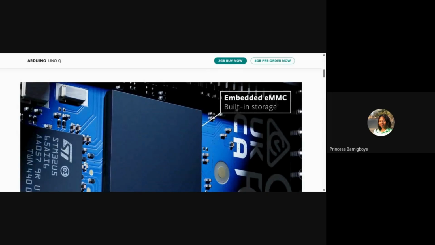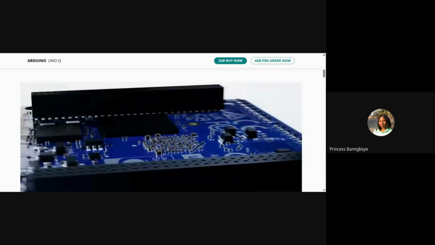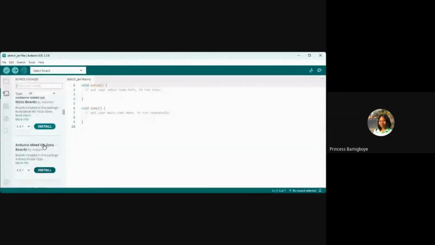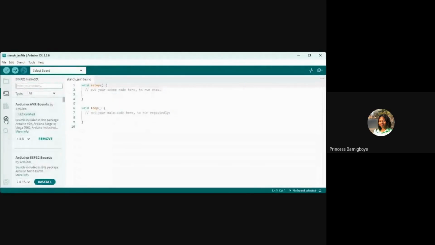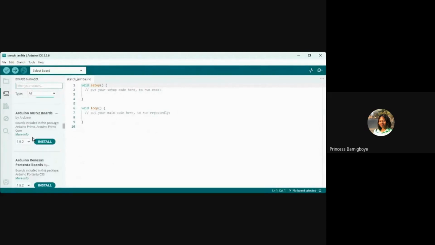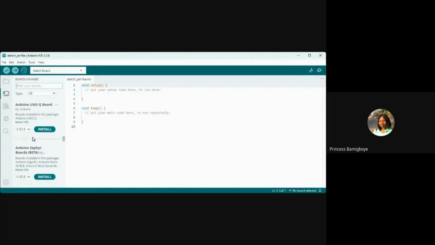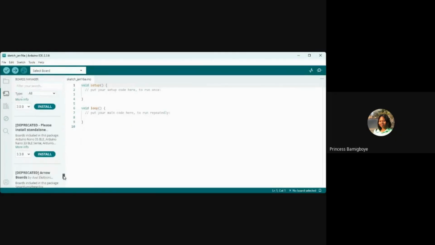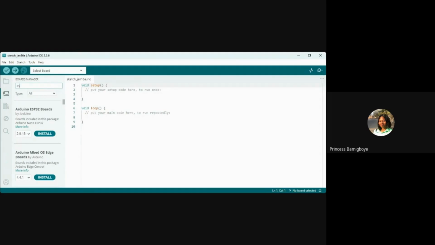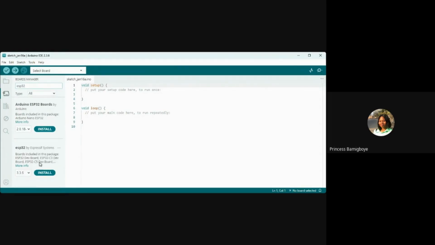So I was saying the Arduino Uno Q, the Arduino Uno, Arduino Mega, Arduino ESP32 boards are essentially different board libraries. These libraries will accommodate all the different types of Arduinos that fall under that category of the board. So you can just come here and type whatever board you're looking for. Maybe I'm looking for ESP32. Come here, download ESP32. Why do I talk about ESP32? Because after Arduino, we are going to learn ESP32, especially with IoT and other things.